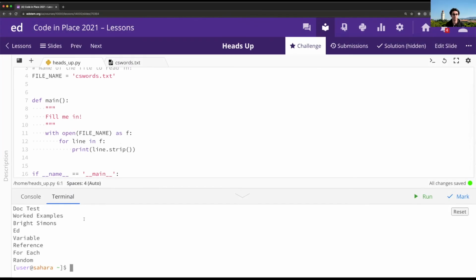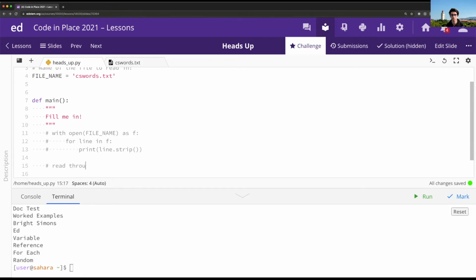Okay, so this is a really huge step in our favor. We now have a program that for the very first time is getting variable values from somewhere else. It's not creating its own values. And that's thrilling. That's a really powerful thing to have under our belt, but that's not the heads up program. So let's talk now about what needs to happen for the heads up program to work. I'm going to comment this out. And then in comments to myself, let's start making notes about what needs to happen.